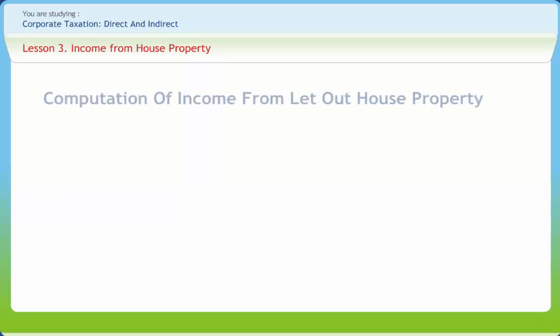Now let's discuss computation of income from let-out house property. In respect of a let-out house property, the rent received is usually taken as the annual lettable value. When, however, the rent is not indicative of the actual earning capacity of the house, the notional value will have to be found out. The standard rent in the case of properties subject to rent control legislation, the annual lettable value fixed by the municipal authorities, rent of similar properties in the locality, the cost of construction of the property are the facts which will determine such notional annual value.